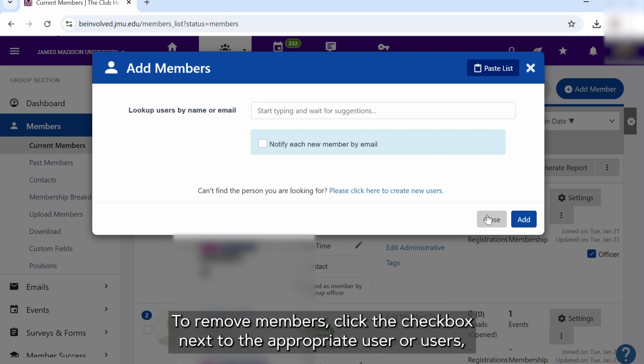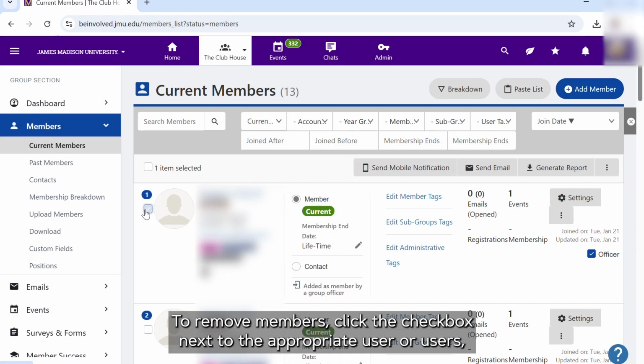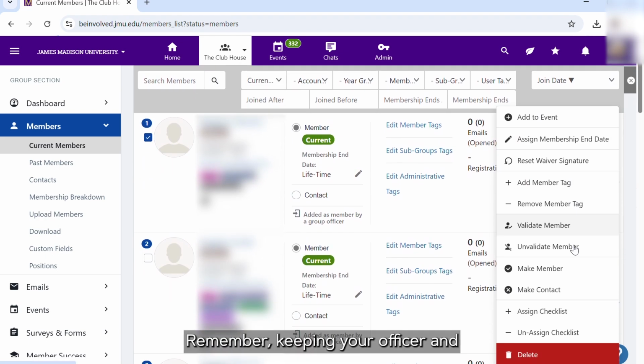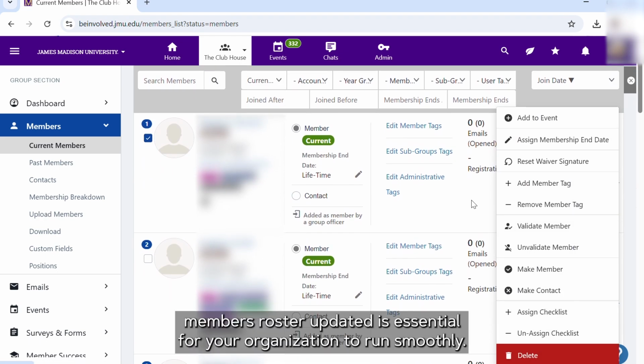To remove members, click the checkbox next to the appropriate user or users and then click the topmost vertical ellipsis button and then delete. Remember, keeping your officer or members roster updated is essential for your